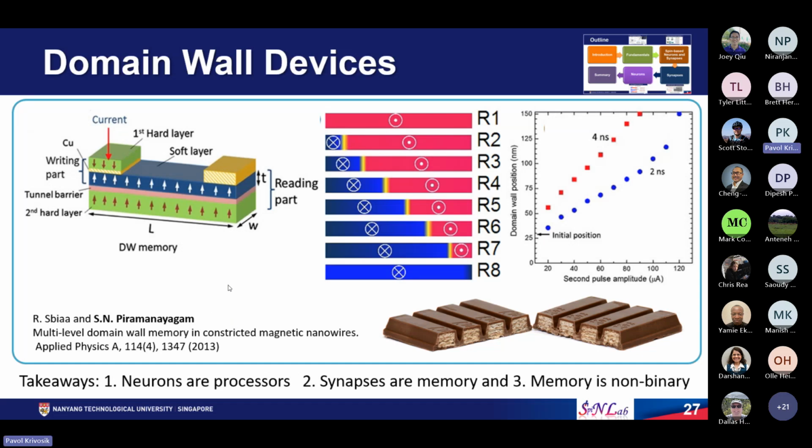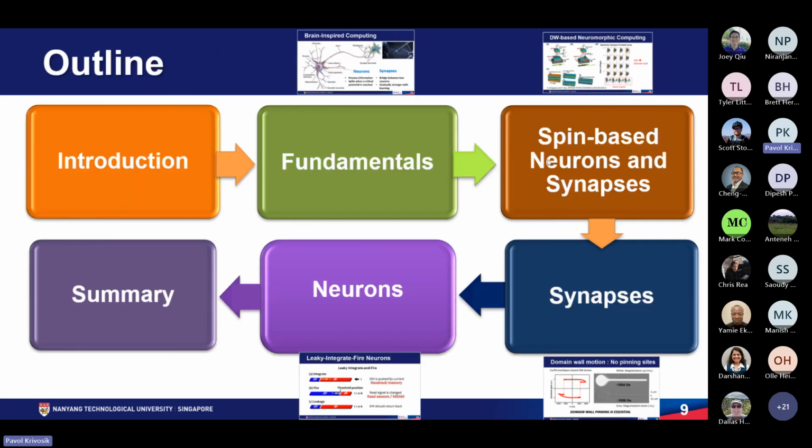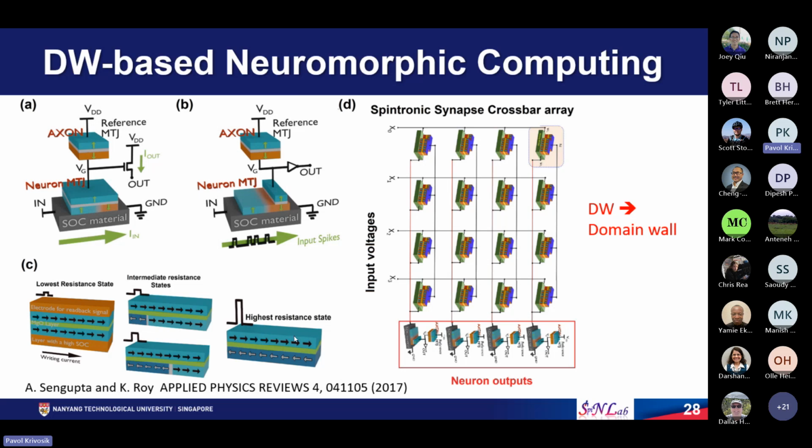Okay, so this is a concept that we came up with for memory application. At that point of time, we had no idea of neuromorphic computing. But somewhere around 2017, now I'm moving to this topic, a group of researchers from Purdue University, led by Professor Kaushik Roy,